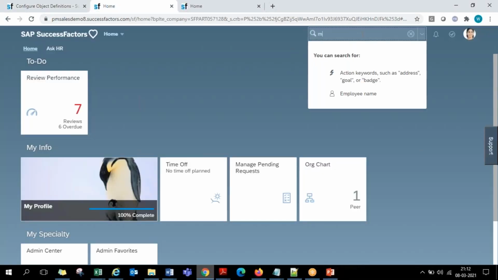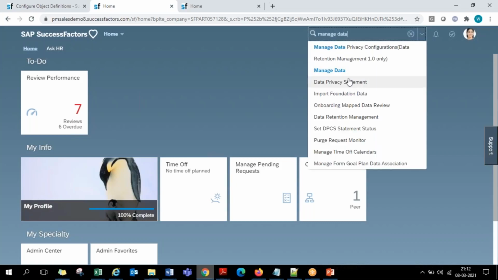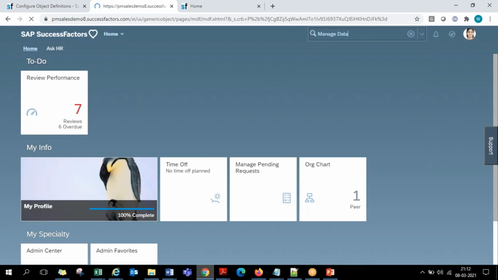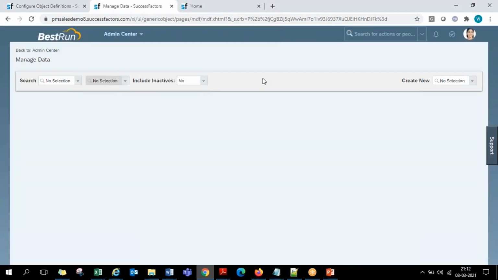Any new object you create, if you need to have values created for that object, Manage Data is where we can create the values. Like if you want to have a set of subdivisions, subdivision 1, subdivision 2, like that, Manage Data is the place. Same like the way we handle the creation of departments and divisions, create new department, create new division. Even the newly created subdivision can be created here.